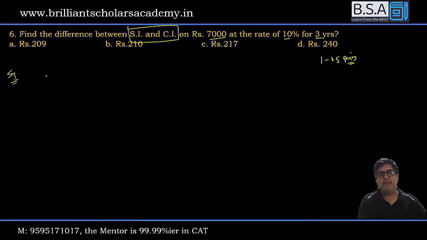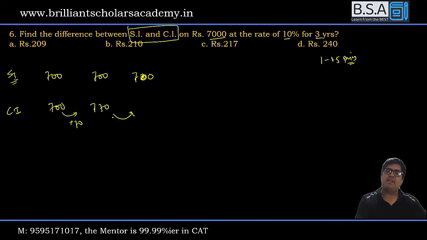It will be 10% every year. Compound interest is the same for the first year. Second year it is 10% more. And third year it is 10% furthermore. 10% will be 77 rupees. So you add 77, so you have